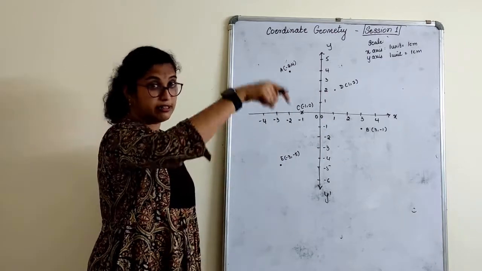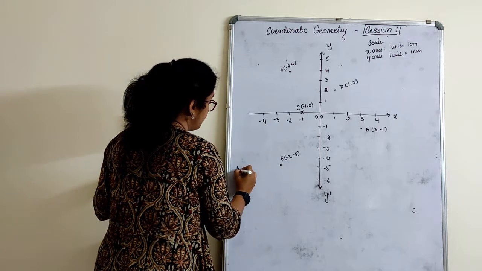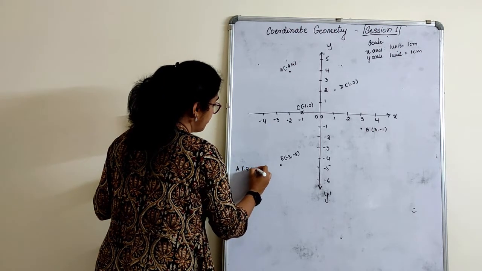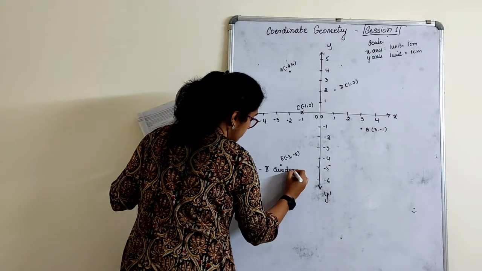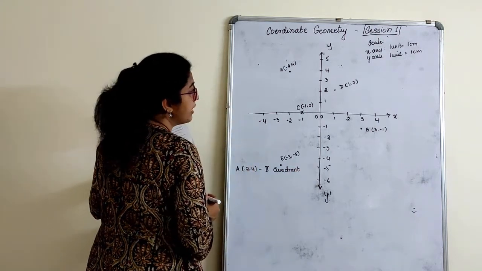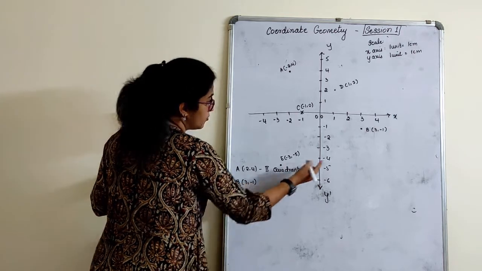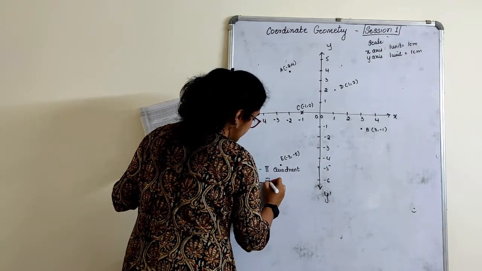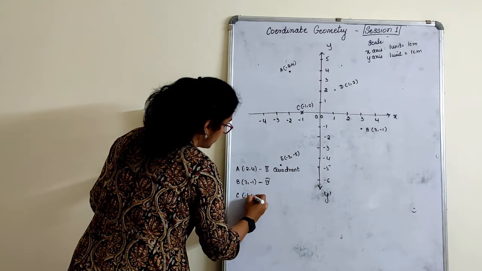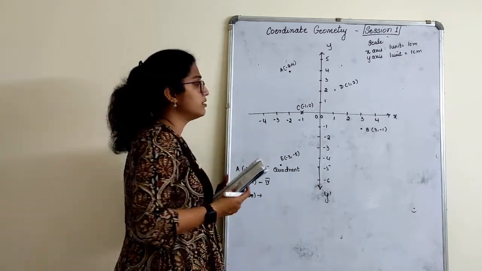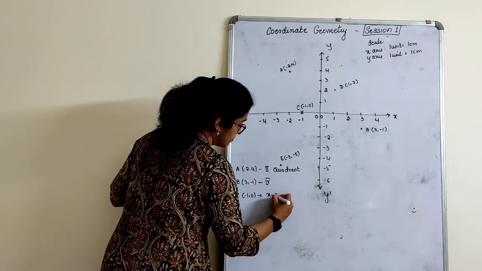Now in the theory writing part, what you can write here is, right from the starting, whatever points you have chosen. First is A. -2, 4. Which quadrant? Second quadrant. Then you have point B. 3, -1. Which quadrant? Fourth quadrant. Then you have point C. Point C is -1, 0. It is not lying in a quadrant, it is lying on the axis. So can you say which axis it is actually lying on? X-axis.